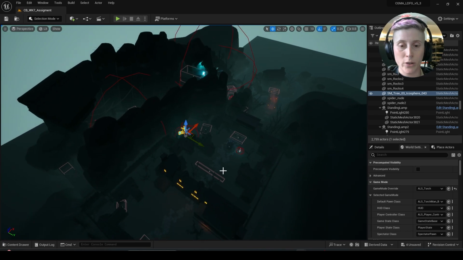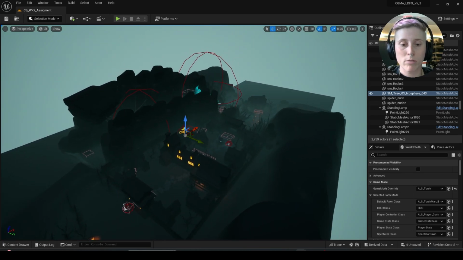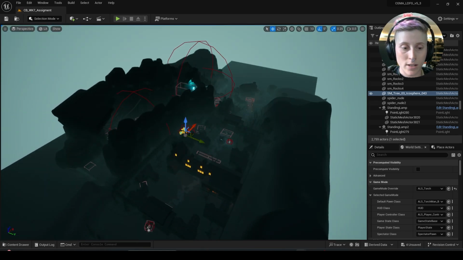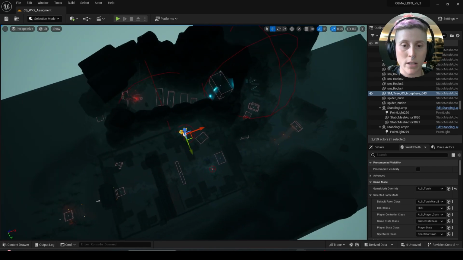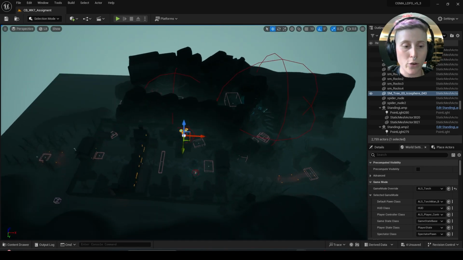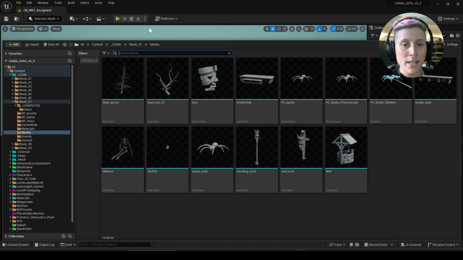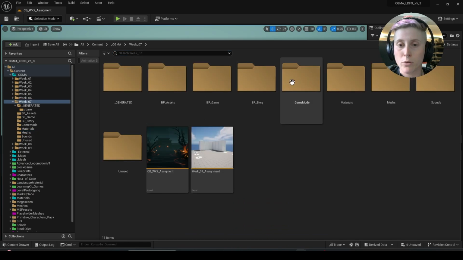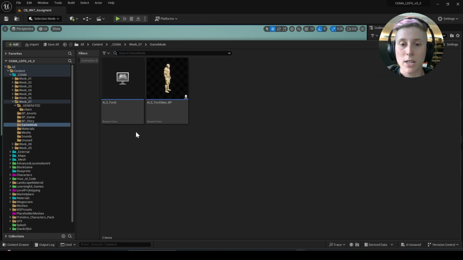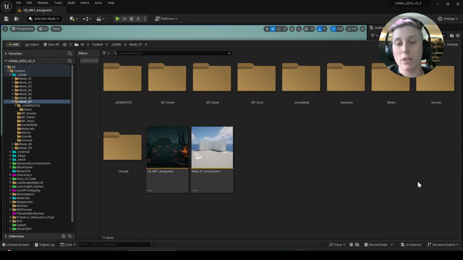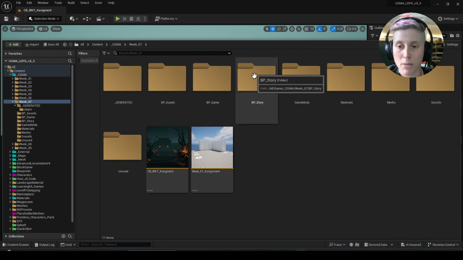For this level I used a lot of sounds, and I think that really enhanced the experience. It was also interesting to work with a darker feeling, and something I found really interesting was just playing with the game mode. So I made another game mode with a blueprint character that had a torch instead of nothing, so I had a light attached to it. That was pretty interesting to make.